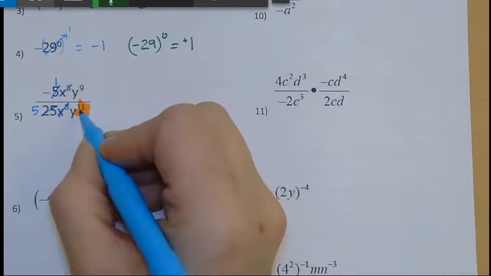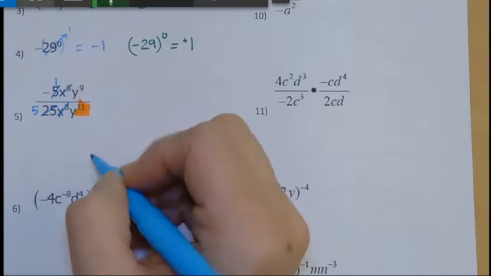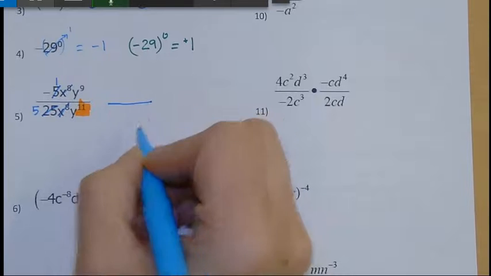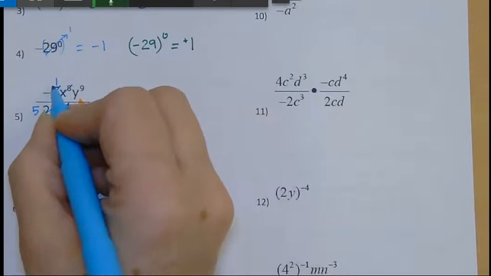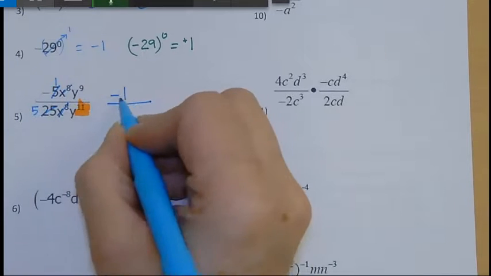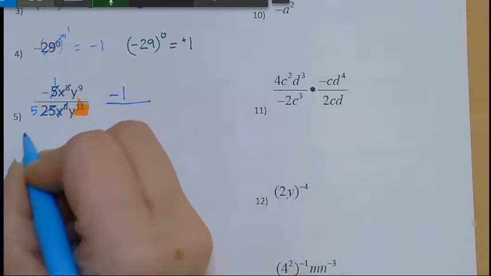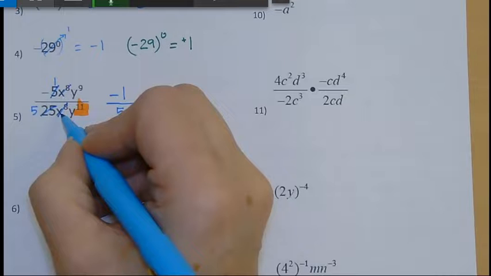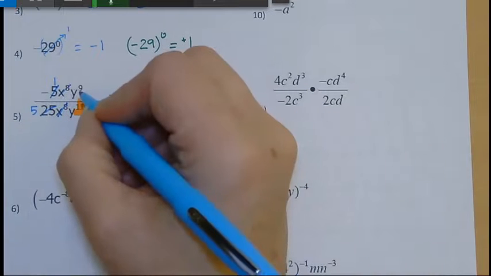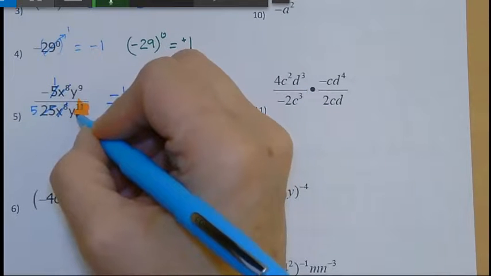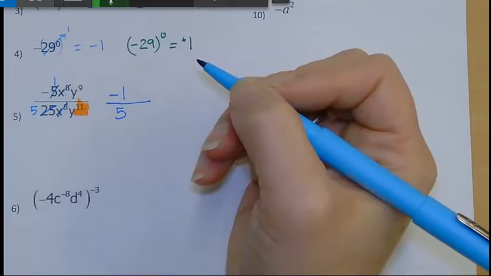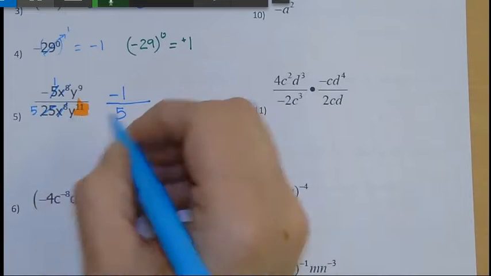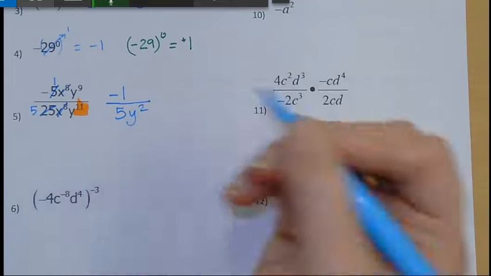11 is bigger than 9, so I would say 11 minus 9 is 2, and I would keep my answer in the denominator. So I'm just going to carry over what I know. I know I have negative 1 in my numerator so far, and I know I have 5 in my denominator. X to the 8 over x to the 8 equals 1, and I have y to the 9 over y to the 11. 11 minus 9 is 2. And I'm going to keep that variable where my larger exponent was, so it's going to be y squared in